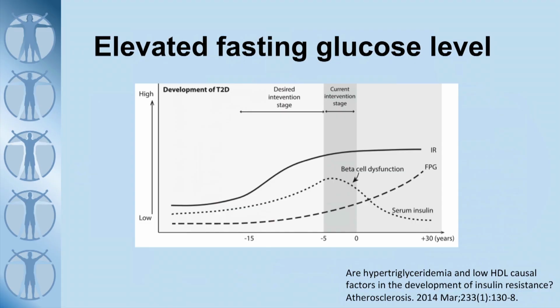So finally, we come to step 5 of the metabolic syndrome, elevated blood sugar level. Now, again, this is clearly related to insulin resistance. So what we're seeing here is a graph across the lifespan, theoretical, demonstrating how insulin is becoming more and more resistant. What this means is it doesn't work as well as it used to work. So the compensatory response of the body is to release more insulin for the same effect. And if we have a look at what happens as the insulin resistance is occurring, this line here is fasting plasma glucose. We can see that fasting plasma glucose increases.